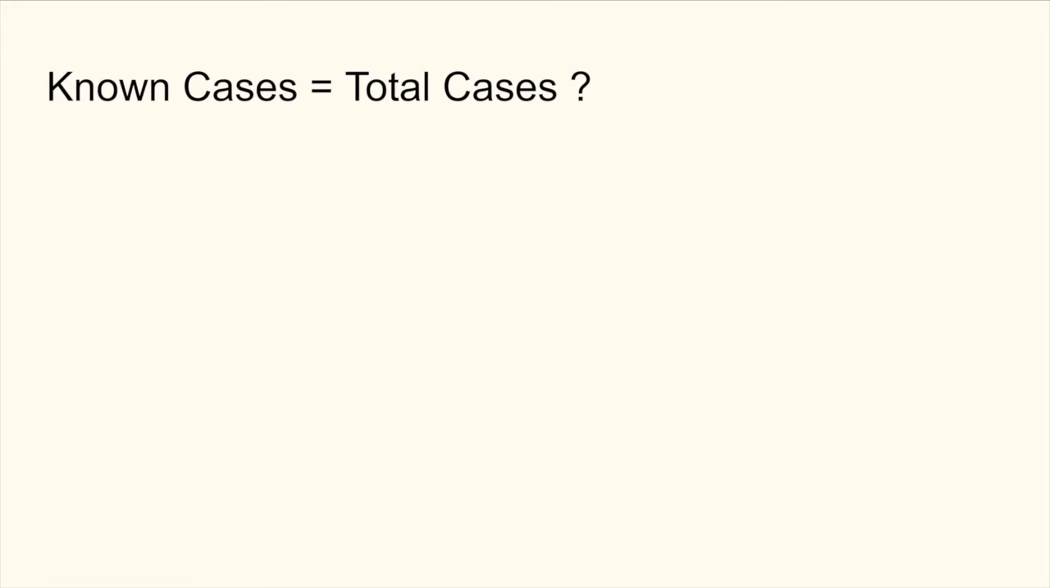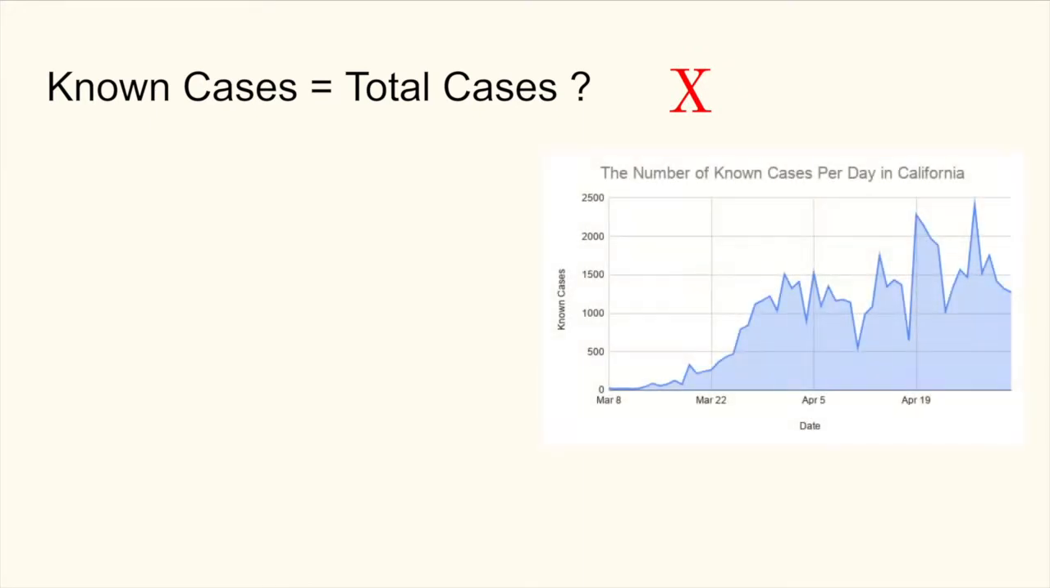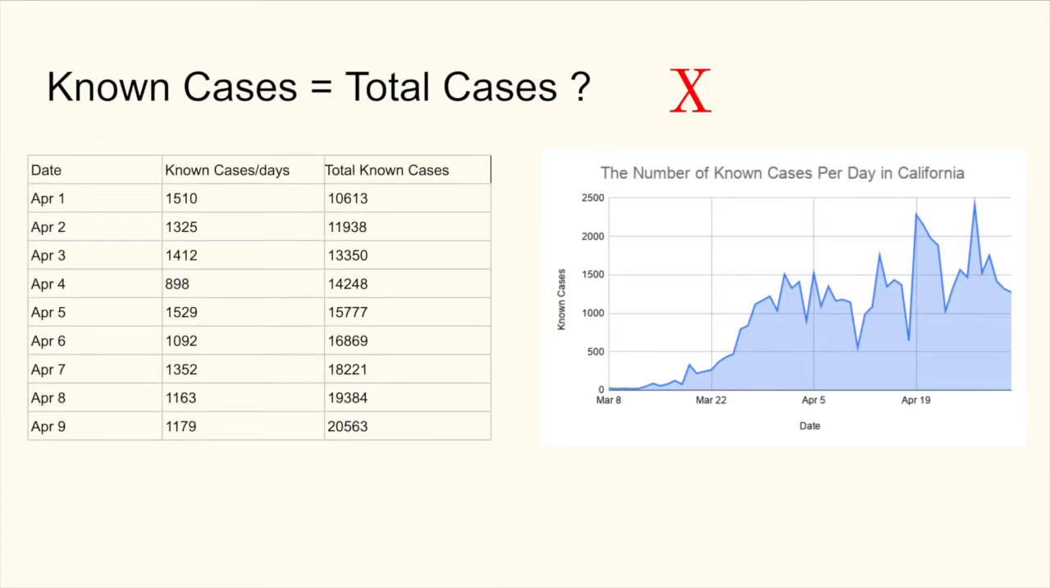However, can we think that the number of actual total cases is equal to that of known cases? No. As we can see in the following figure, the number of known cases per day sometimes increases and sometimes decreases in the last 2 months in California. For example, as shown in the table, from April 3rd to 4th, the number of known cases per day decreased